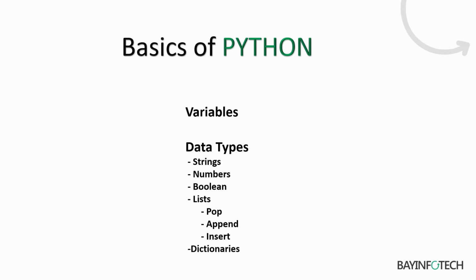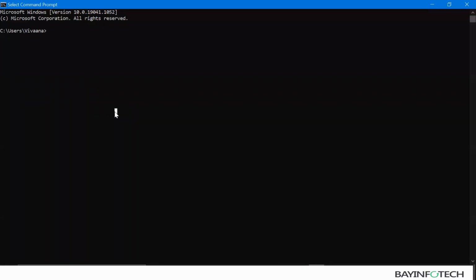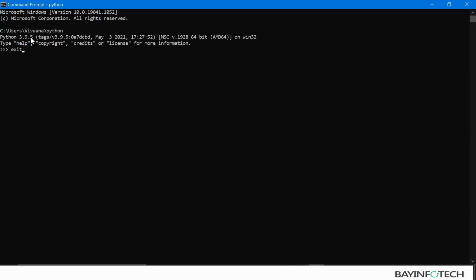Let's go ahead and use the first option out of the two options that we saw in the previous video for executing a Python script. The first option being the dynamic interpreter. So this is our interpreter. The way to enter the interpreter is simply type Python, and you also see here the Python version that you're using. If you want to exit it, it is as simple as that. Let's enter into Python